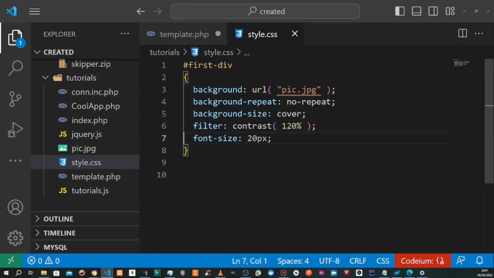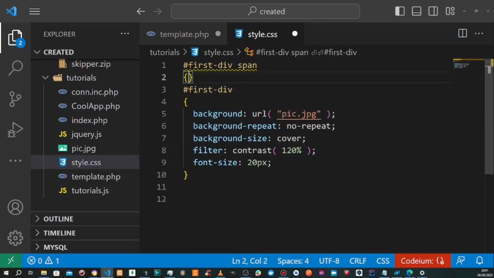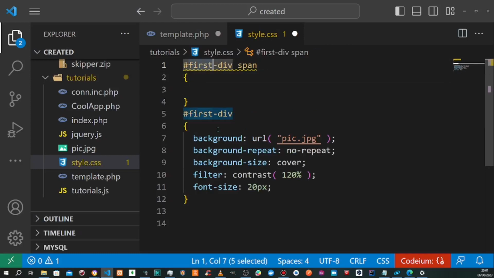Okay, then if I bring this point to this span, what this means is this is the parent and the span inside it. Okay, it works this way in CSS. Okay, if I say font size,